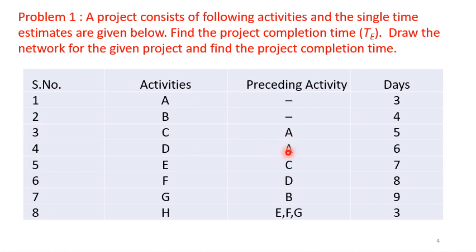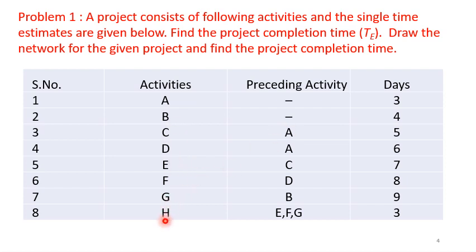So this precedence relationship has been already discussed in the previous session, in the previous video. So we'll just take those discussions forward in this session, extend it from our previous video and solve the problem. Similarly, activity E can start only when C is complete. Similarly, F can start only when D is complete and G can start when B is complete. So these preceding activities have to be completed for the succeeding activity to start. These are all the successors to these preceding activities.